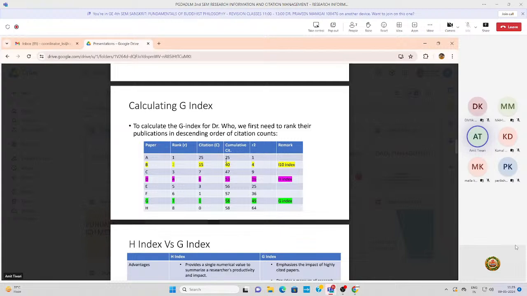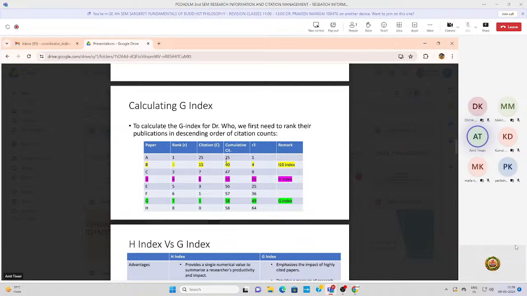Here the G index is defined at a rank where you also make the rank square. So rank square here will be 1, 4, 9, 16, 25, 36, 49. In this case, the G index is defined at rank 7 because its square is 49, which is less than the cumulative citation,